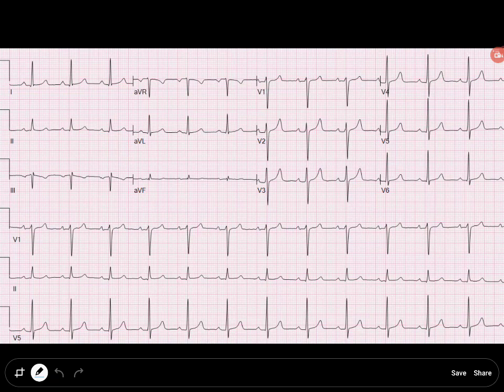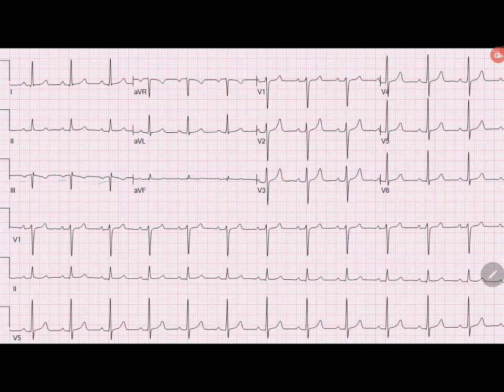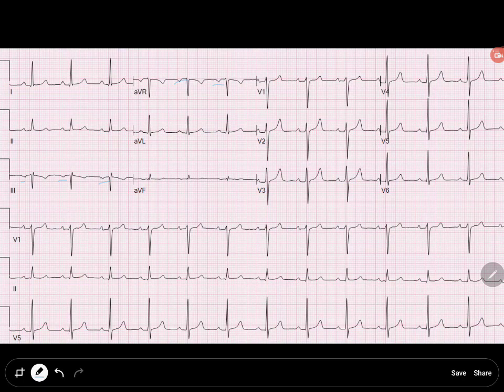We can look at P waves. They are all present, and they're upright where they should be. I say that because inverted P waves are a normal finding in lead 3, which we have here, and also up in AVR. That is all normal. In some cases, such as atrial enlargements, the P waves can be negative or biphasic in V1, and they're normal